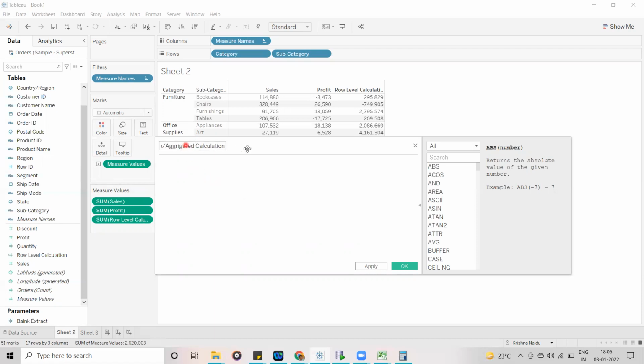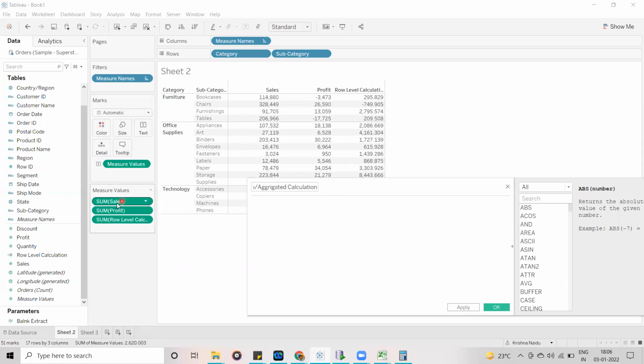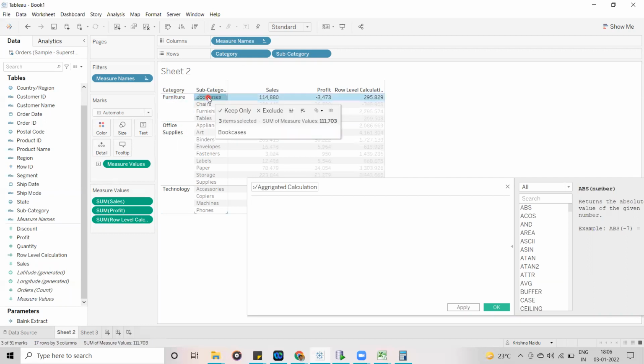Aggregation means whatever measures you have dragged, sales and profit, are aggregated. Sum means aggregation has happened. How is it aggregating? Furniture, bookcases. It is going to take whatever dimensions we are using here, under furniture it is going to take the bookcases, and it is going to sum up all the things.